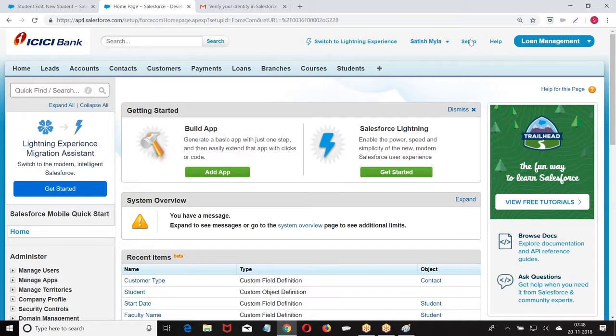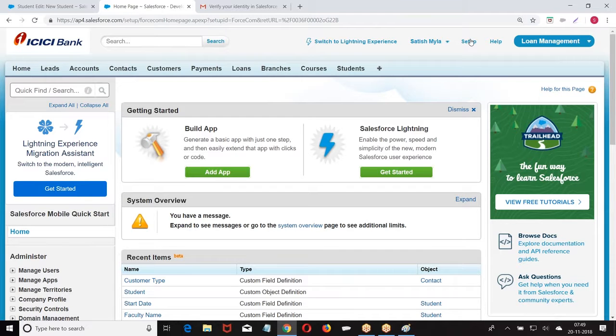What are the standard validation rules? Whether a required field is entered or not. The second thing we are going to check is whether the data type of the value matches the data I entered. Now the field is phone, but I gave true or false. The field is currency, I entered testing. So is the data I entered according to the data type? Is it compatible with the data type or not? These are verified by the system itself.